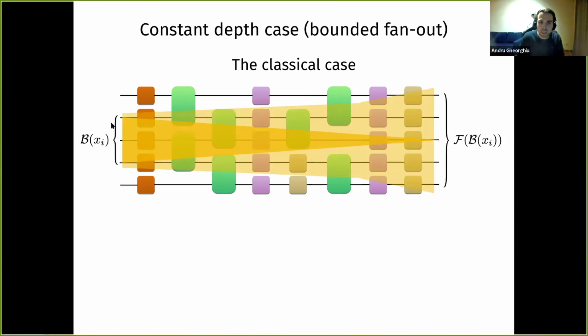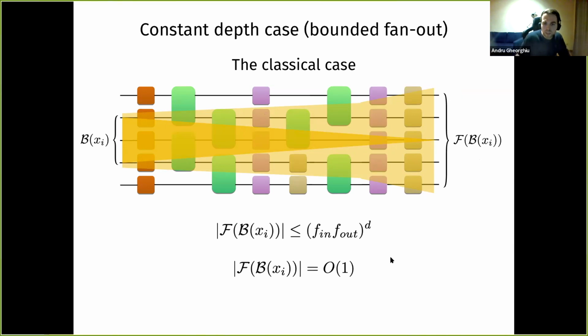Then we can take the forward light cone of all of these inputs in this set B. And this will give us all of the outputs that xi could in principle be correlated with, as well as xi itself. So you should think of these as all possible output bits that could in principle share a common past with xi. And this again will be of constant size because the fan-out is bounded, it's constant as well. So now we notice that if you have some variable that is outside of this set, it's going to be independent of xi.